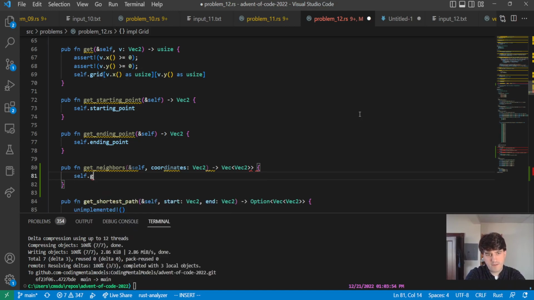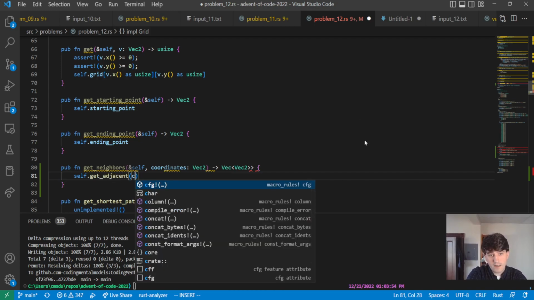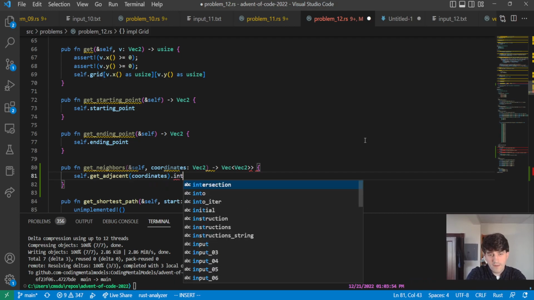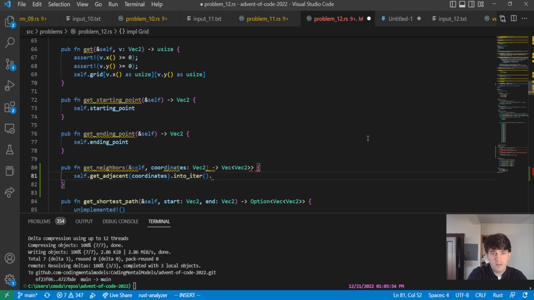Basically we want to say self.get potential neighbors or get adjacent. I'm really not spelling well today. Adjacent coordinates, and then we'll into iter that, and we will filter on self dot, let's see here,